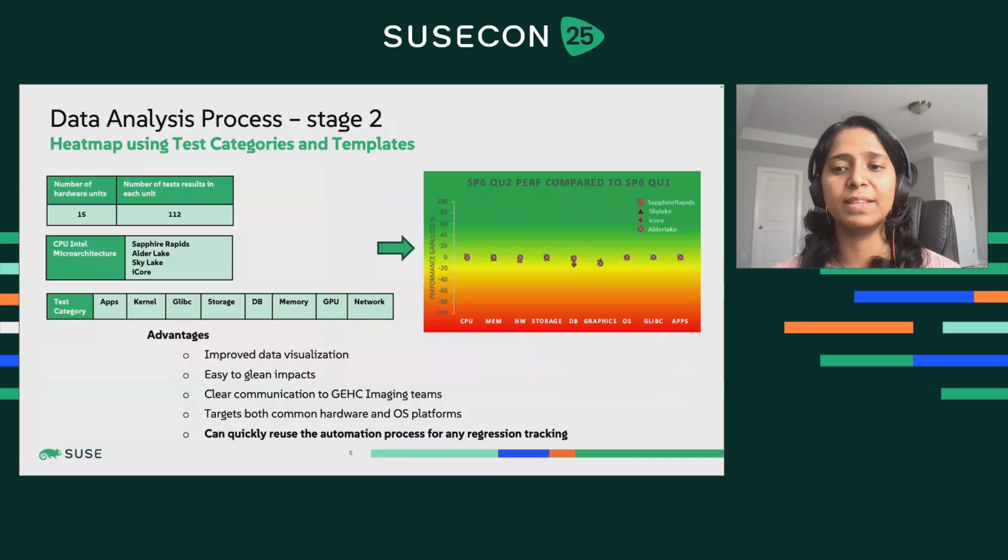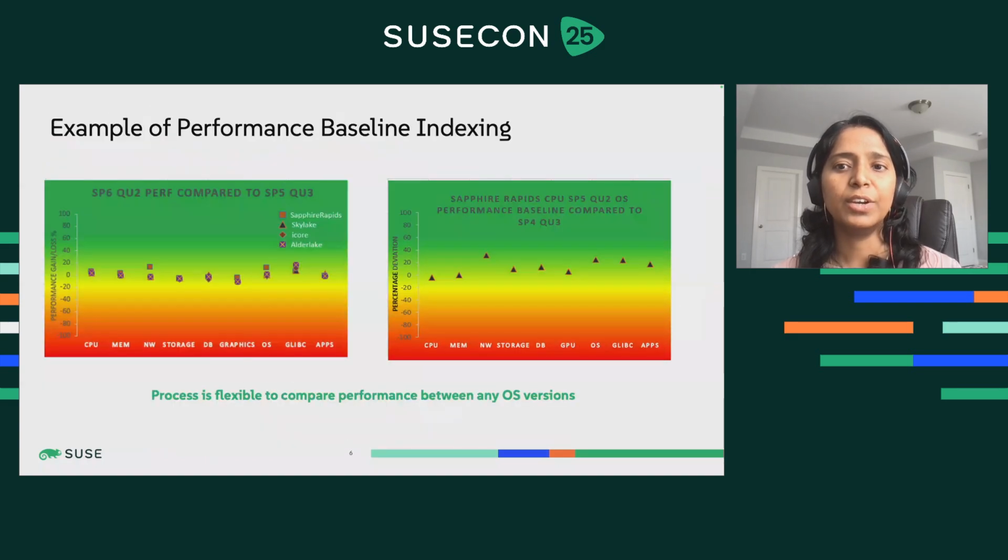The advantage of this is that it's easy to see the percentage of gain or loss in performance in a particular category. This increases the GEHC team's confidence in making decisions on upgrading to the new OS releases. Also, this automation framework is highly flexible, enabling teams to expand and customize it to their specific testing requirements. Here are some examples of the heat maps generated by CSS OS teams to share with other GEHC sub teams